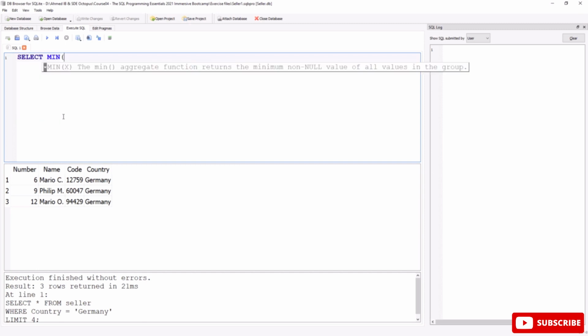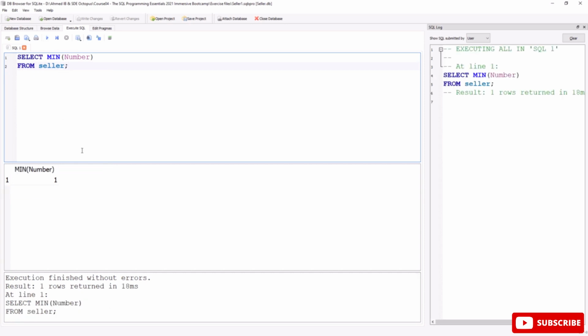Our first example here is selecting the minimum value inside the number column from the seller table. As you can see, the minimum value or the smallest value inside the number column, or the selected column in this case, is equal to 1, and the output is in a new result set without any problems, without getting any errors. As you can see, one row